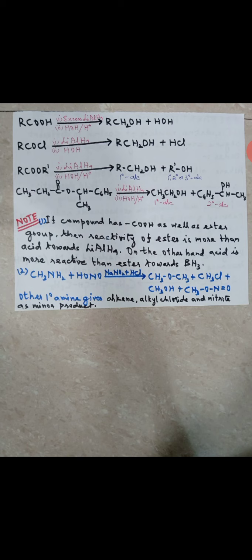See, I have given an example for that particular reason. You can see there, I have given an ester, a very big ester I have taken there. Got it? So in that particular one, in the first case you get CH3CH2OH, the CH3CH2 group. In the second case, what you get? It's C6H5CHOHCH3. You got it. Clear? And the remaining is converted into carbon dioxide and other things as a minor product, which I am not concerned with. Okay. So here you are getting two types of alcohol. One is 1 degree alcohol, another is 2 degree alcohol. Clear?